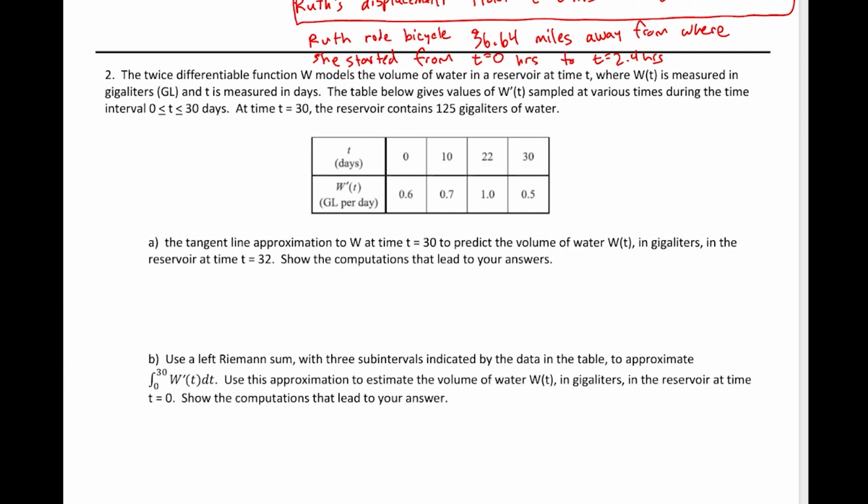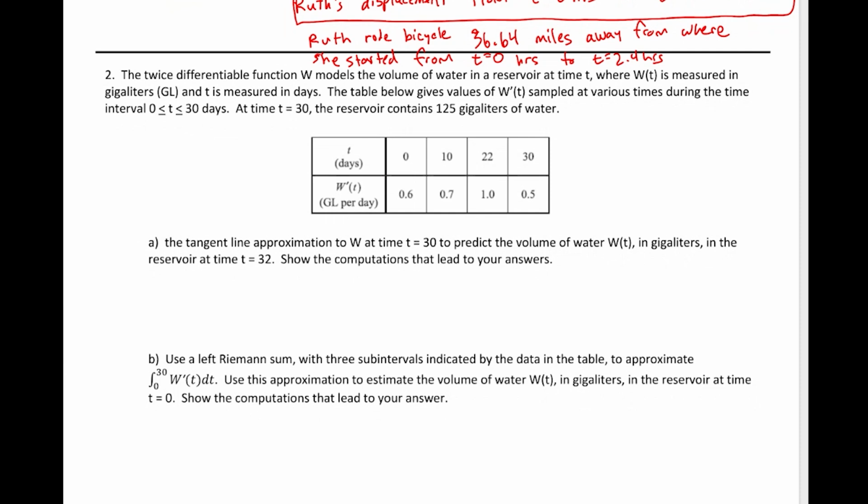Okay, at time t equals 30, so on the 30th day, the reservoir contains 125 gigaliters of water. And part A says the tangent line approximation to W at time t equals 30 to predict the volume of water W in gigaliters in the